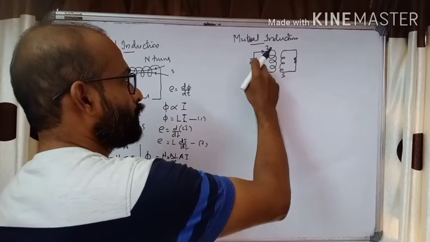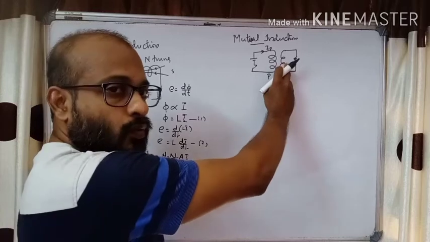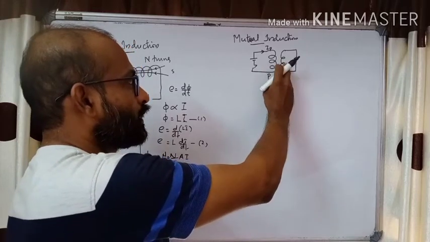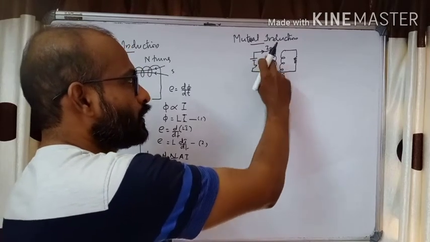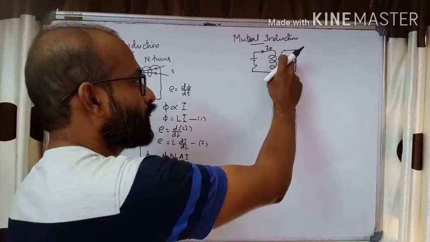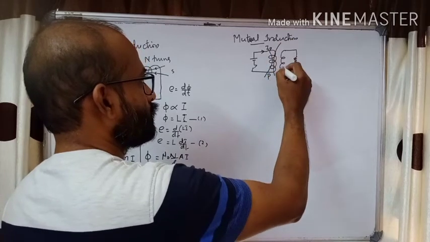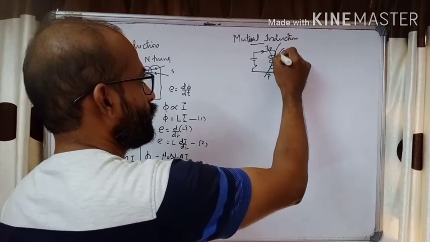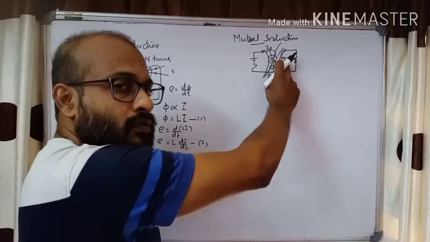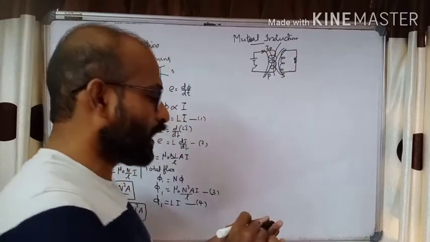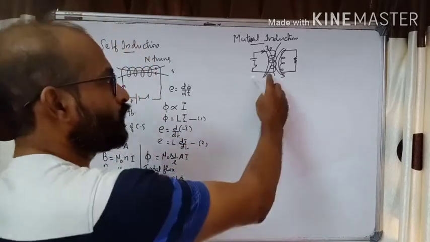When current is flowing through the primary, there will be a magnetic field surrounding the primary. A few magnetic field lines will link to the secondary also. What happens is that in the secondary some current will be induced. How? Because when you change the current, when you switch off, switch on, there will be a change in magnetic flux. I will draw the magnetic flux also. These are the magnetic field lines. If it is very close, a few field lines will be linked to the secondary also. In most cases, primary and secondary will be wound over a single core, coaxially. So a few flux lines will be linked here.